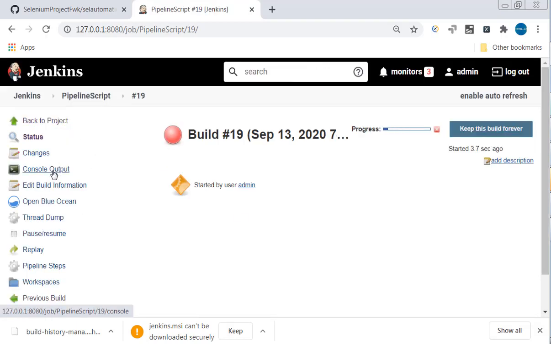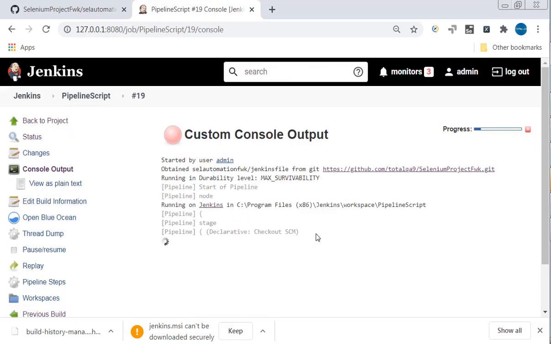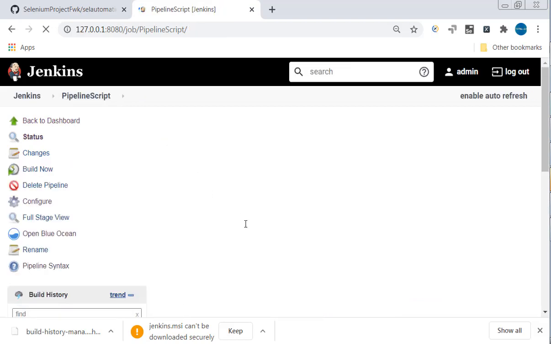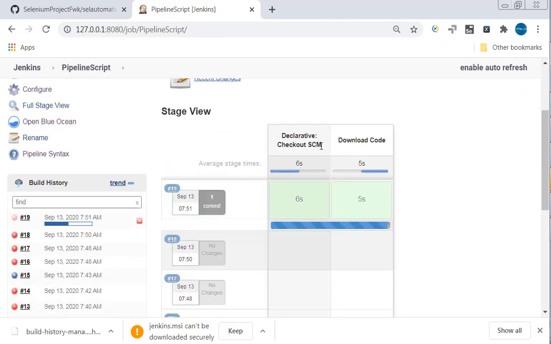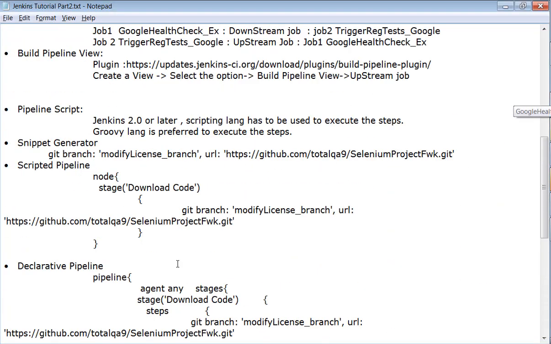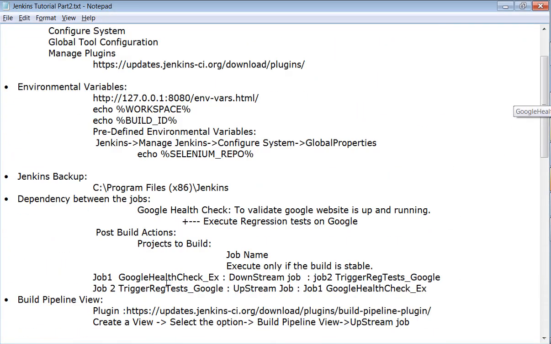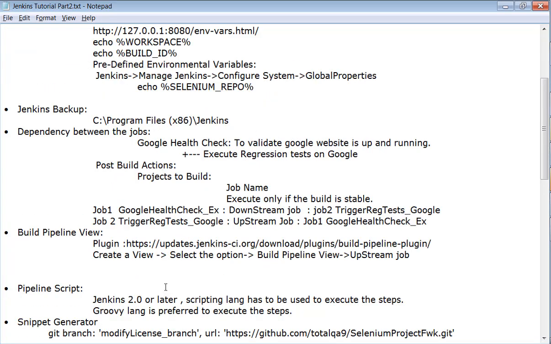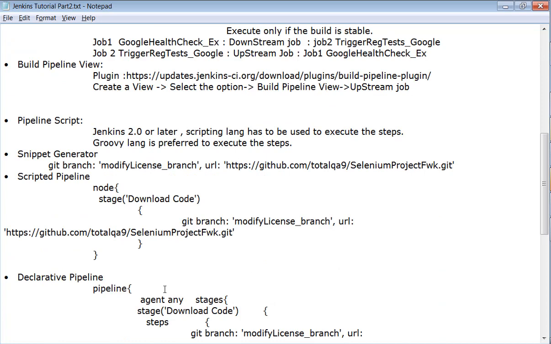Click on build now. Now the job is getting successful, and you can see the content now. The code is getting downloaded successfully. So this is how you can maintain the code in GitHub, in the Jenkinsfile, and not update the script as part of the job. So it is successfully running, and you can see the stages also getting updated successfully here once it is running.